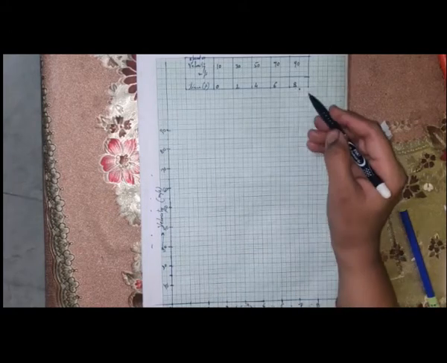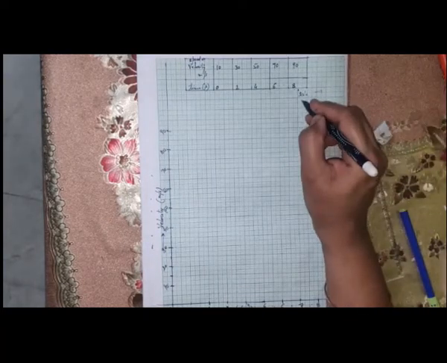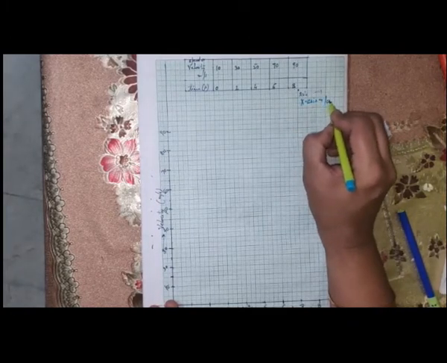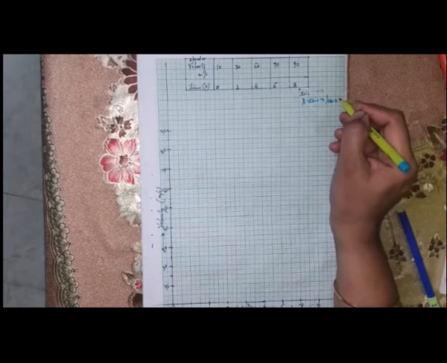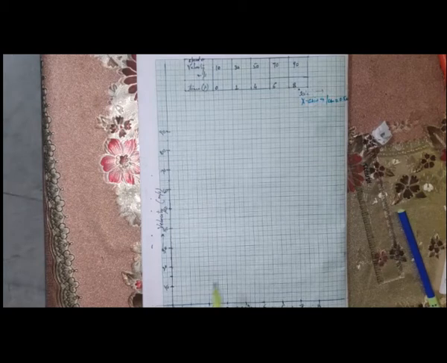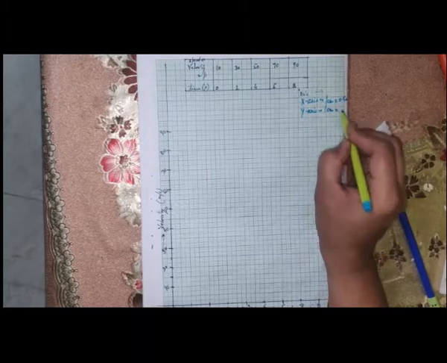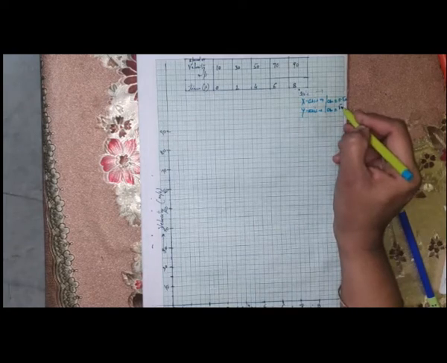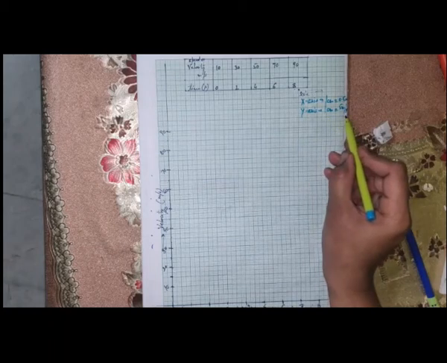Now the next point is I need to mention the scale on the graph. On the top right corner, on the x-axis, 1 centimeter is how much? This is 0.5 second. It is not 1 second now. It is half a second, right? Similarly, on the y-axis, the length of 1 centimeter, this block of 1 centimeter length, is 5 meter per second. On the y-axis, 1 centimeter is 5 meter per second.